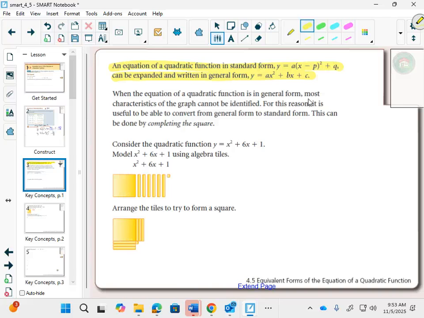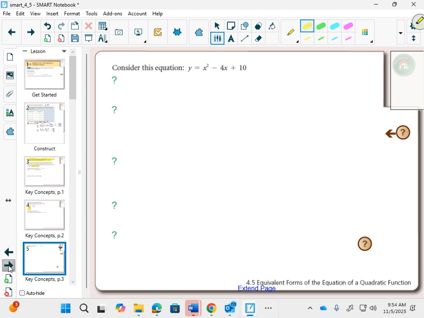The problem is often we get the general form, which doesn't help us with graphing, and we need to change it into the standard form. And we do this by completing the square. So the example that they have, we're going to skip this one. This is the first example you have. And this one,